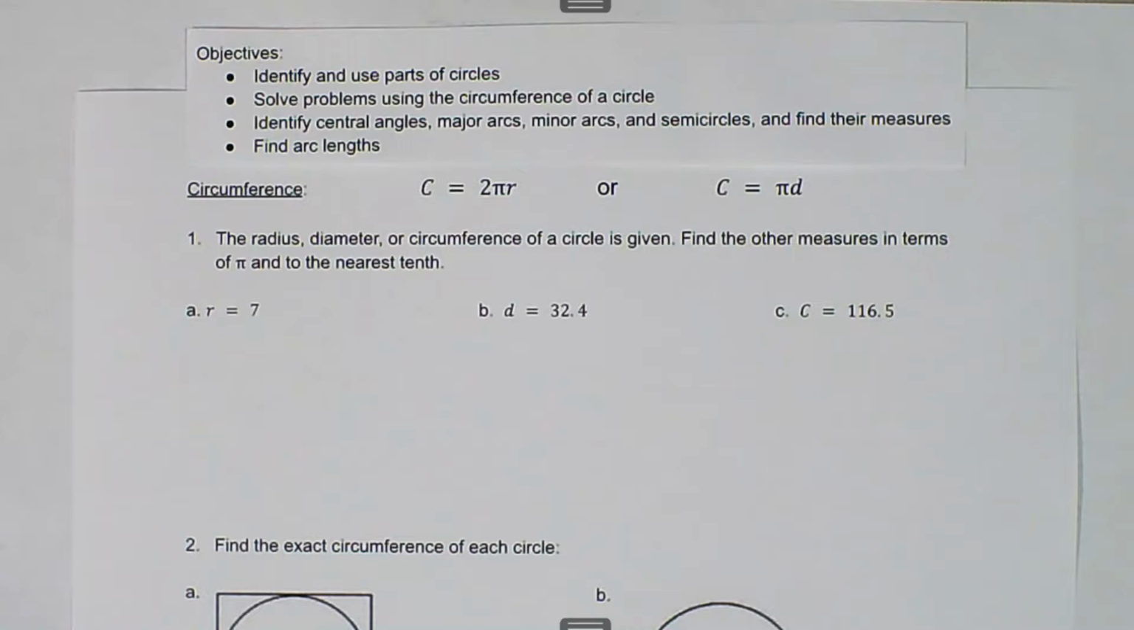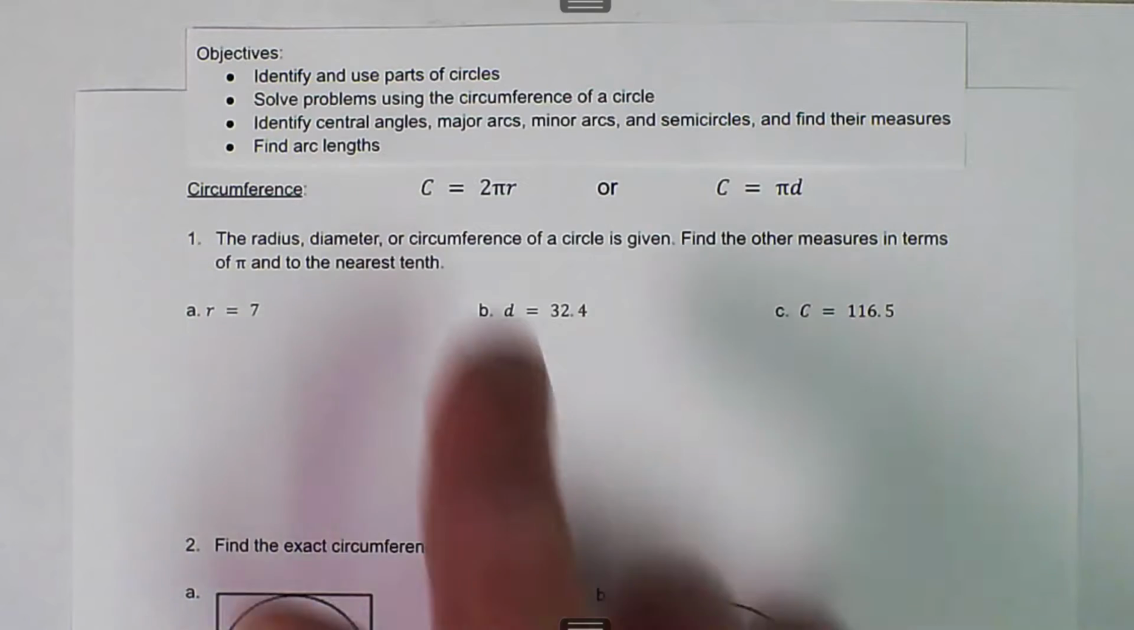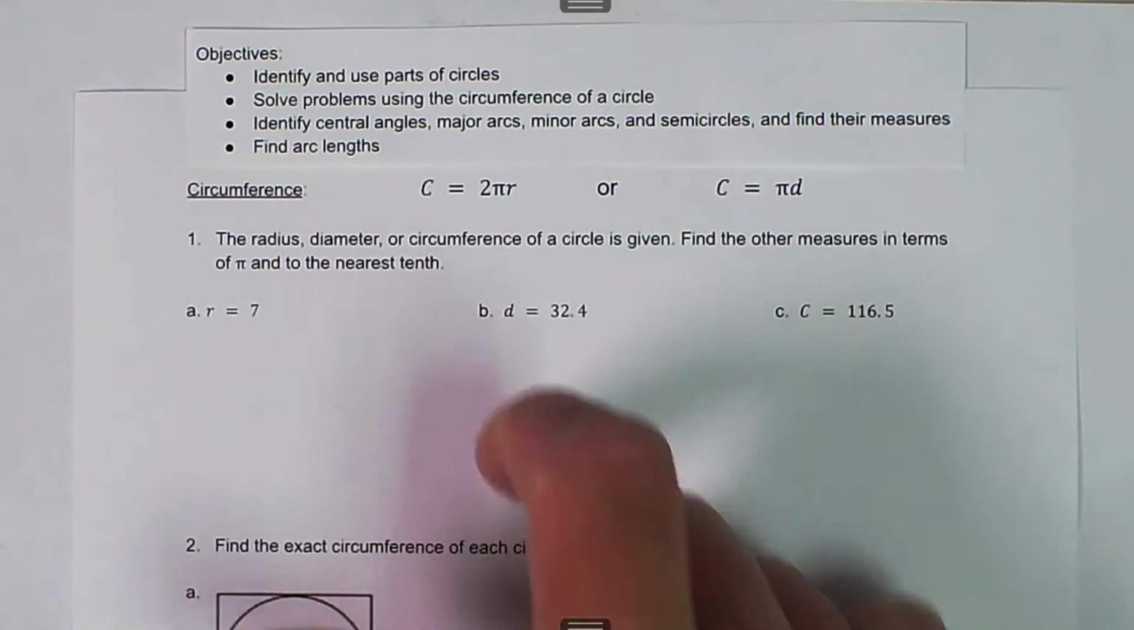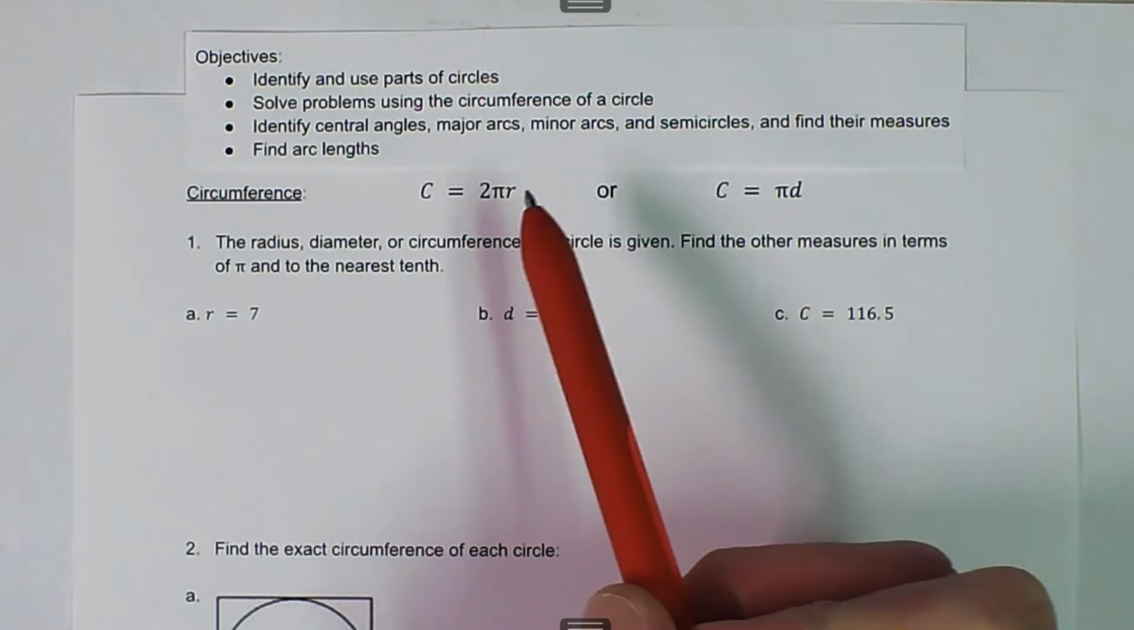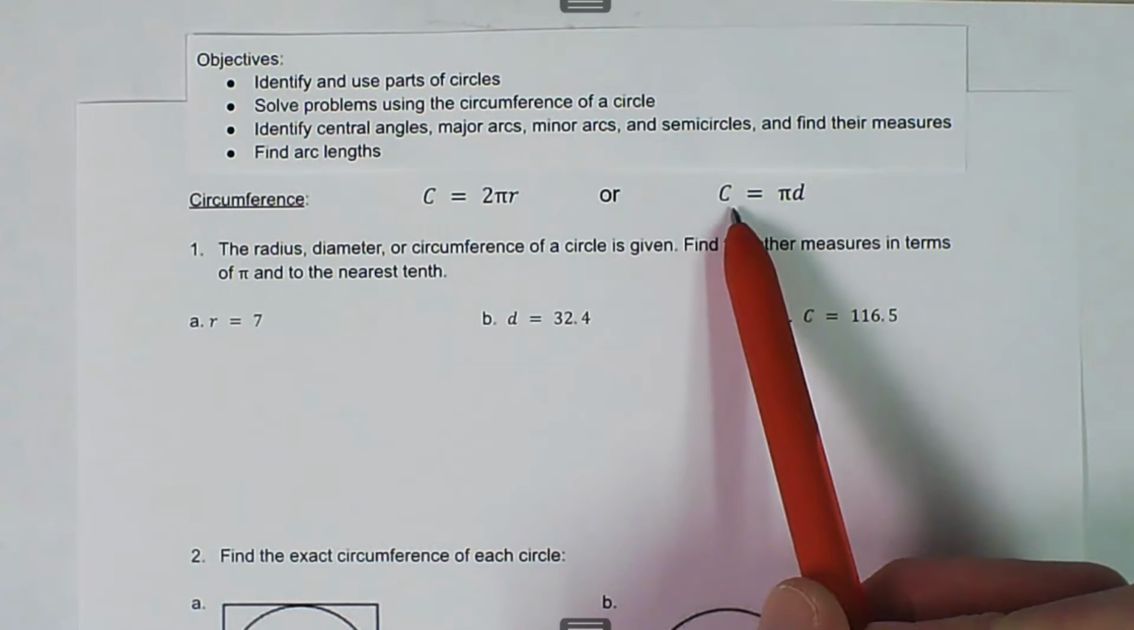We are talking about circles and circumference and measuring angles in arcs. And we want to solve problems using the circumference of a circle. So circumference can be written as two equations. C stands for circumference, and that can be equal to 2 times pi times r, or C can be equal